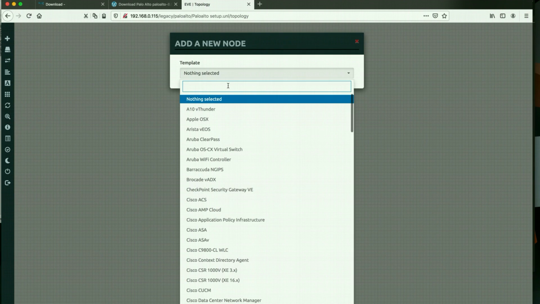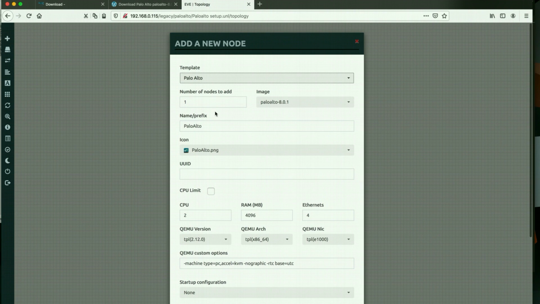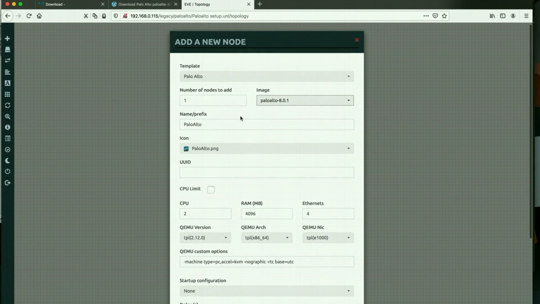Let's add a node here, paloAlto. Now you can see the color difference here. All are grayed out which don't have an image, and the paloAlto is a blue one which has the image already set up here. So for paloAlto, select the file, the image is 8.0.1, which we just uploaded in this particular